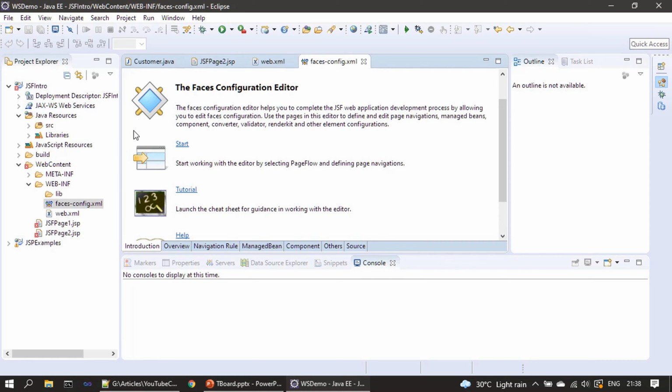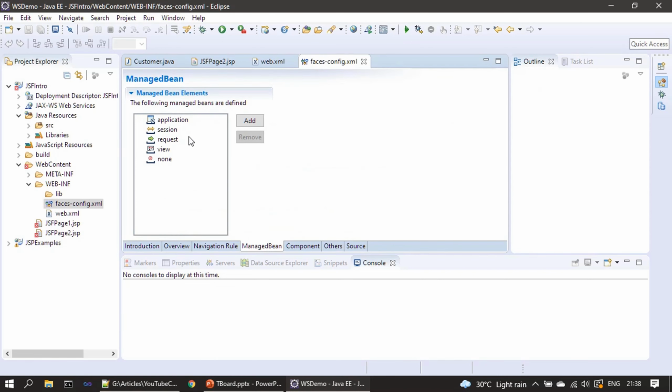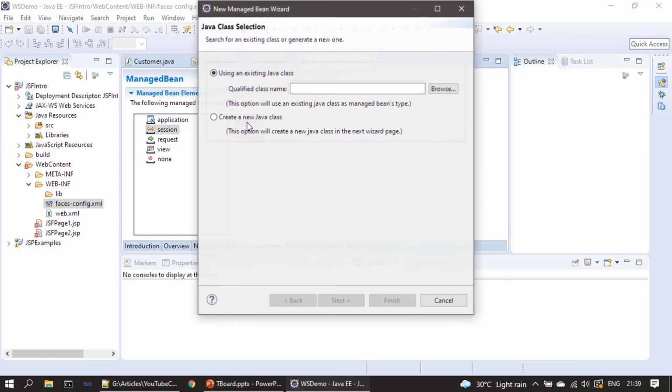Since our bean is ready, now we are going to make that bean a managed bean, and we can choose either a session or a request scope. Here let us use the session scope, and here I am clicking add,